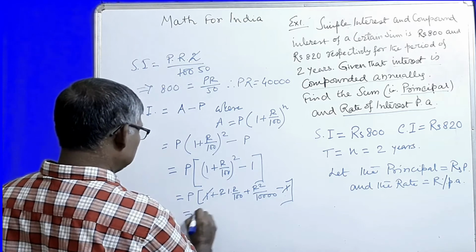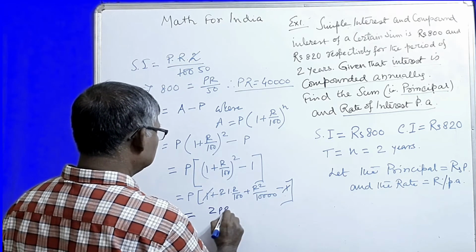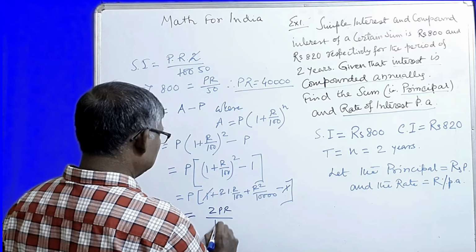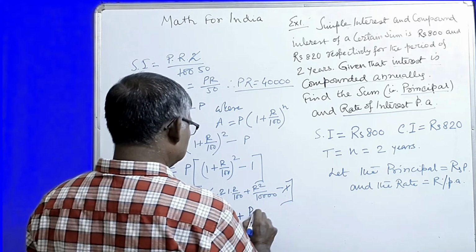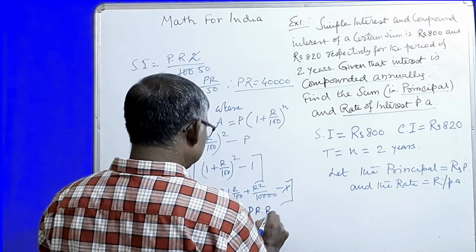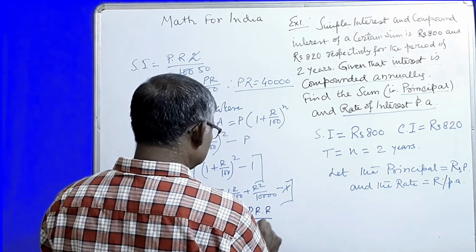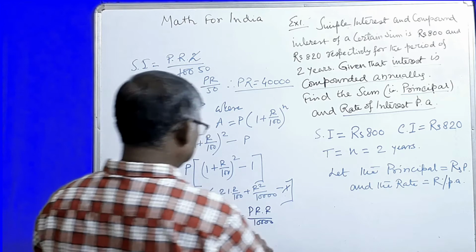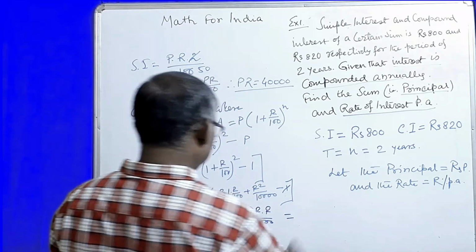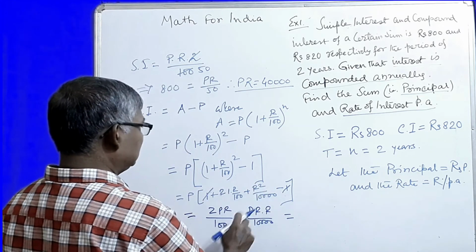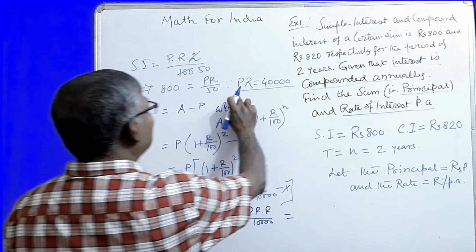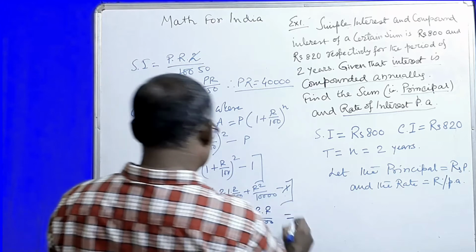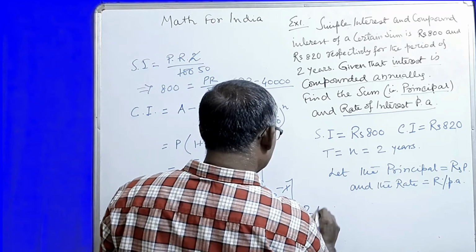That is equal to 2 PR by 100 plus PR into R by 10,000. That is, it is PR square, but I have written PR into R because the value of PR is 40,000. So we can write 2 into 40,000